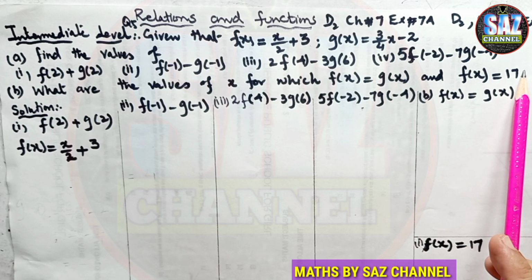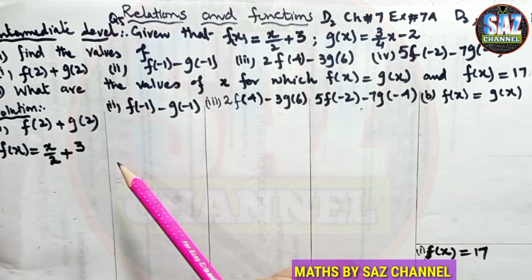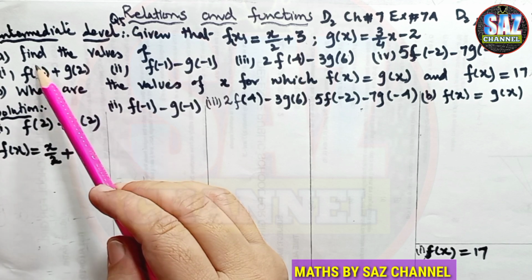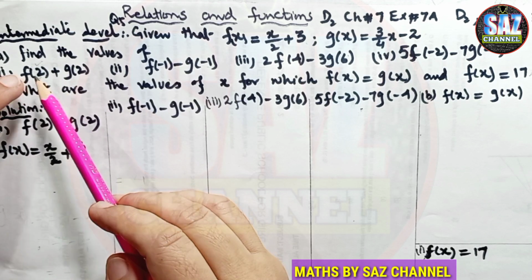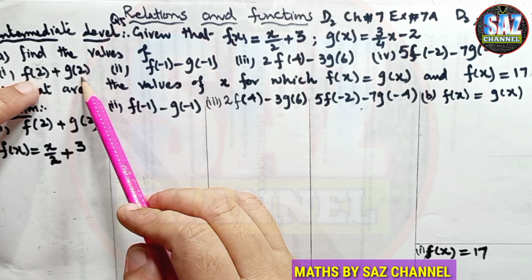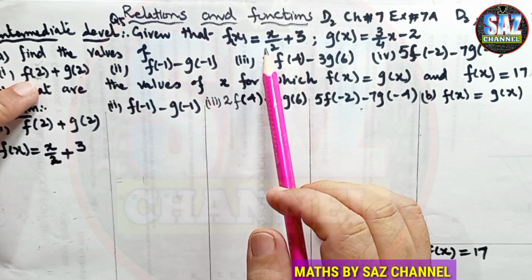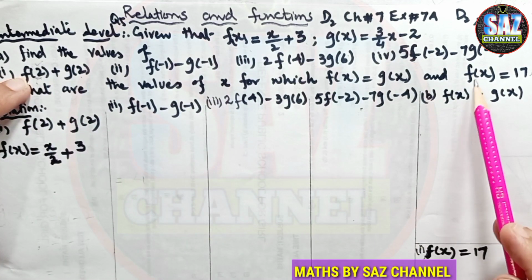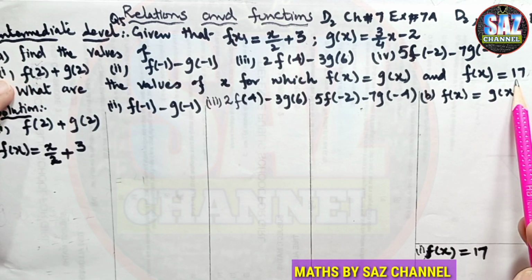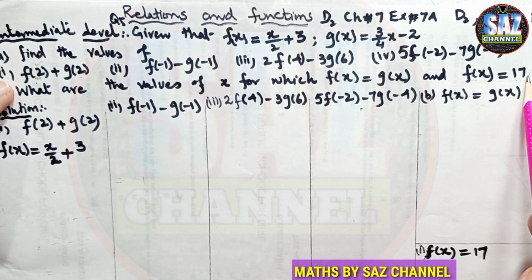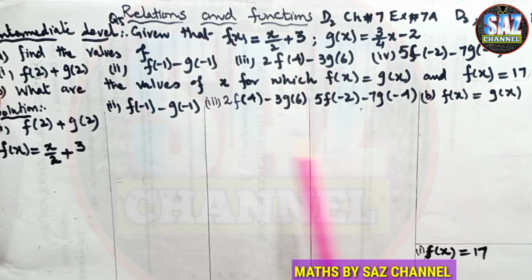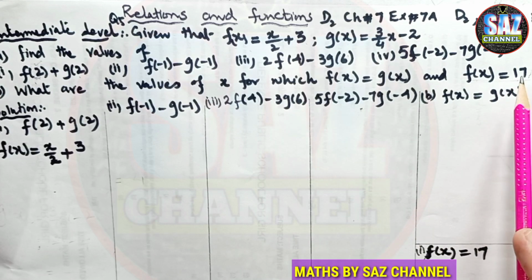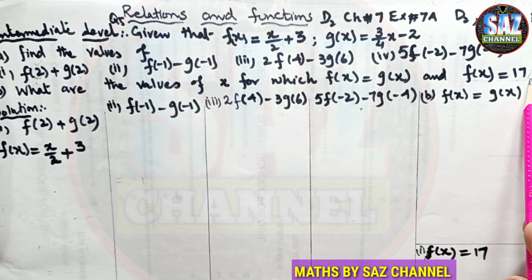If we look at the question and compare both parts, we can see that the expressions we have to evaluate have values given inside the bracket. It means this is the value of the domain, and we have to find the values of the range for which the domain is 2. But if we look at f of x equals 17, here we are given the value of the image or range, and we have to find the values of x, which is the domain. It's important to understand the difference between these two parts and then go for the solution of the question.